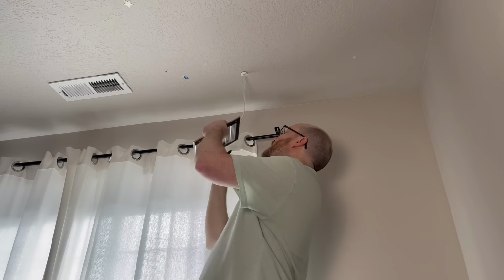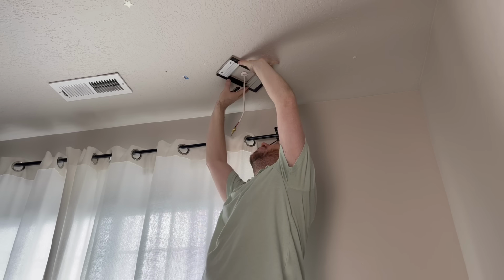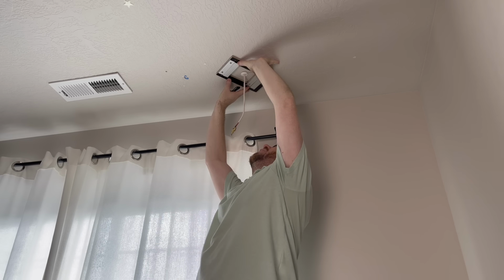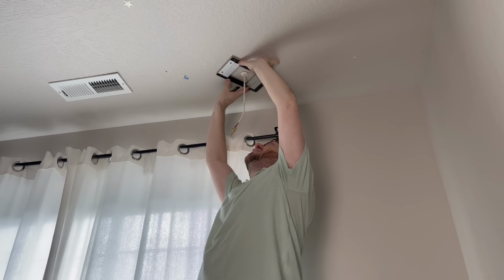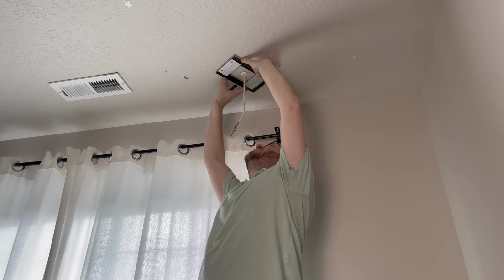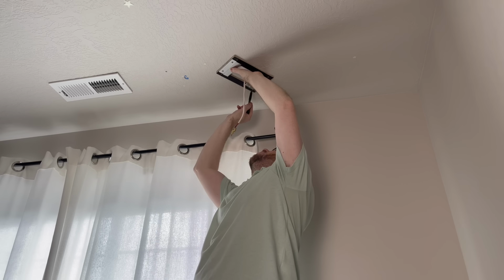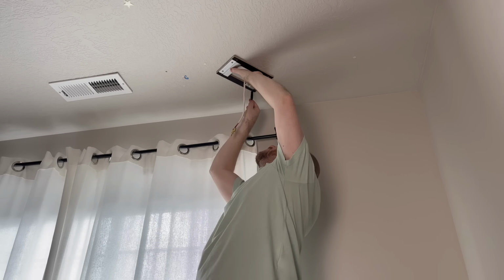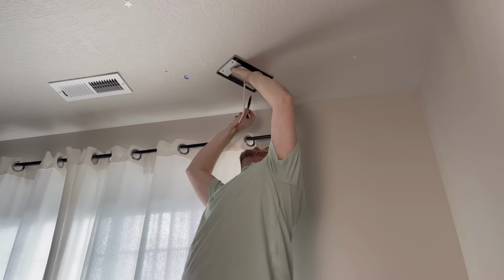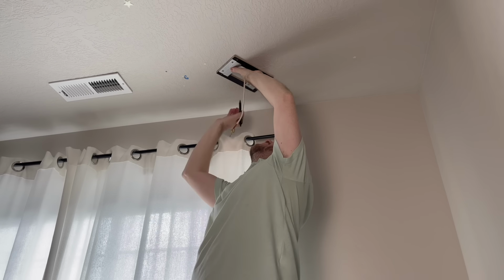So now, to get this up here, I'm just going to center it over this speaker cable and then angle it towards the main listening position, and then mark where the 4 mounting screws will go. Make sure I get those in there correct. Yeah, well, that looks